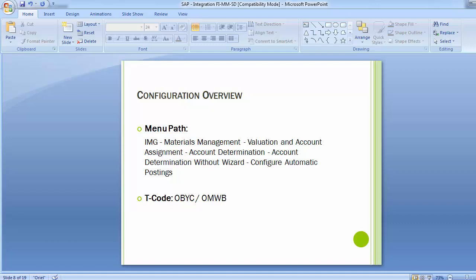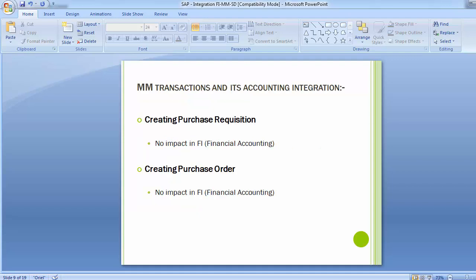Before that, let's understand what the different MM transactions are and what accounting integration entries are generated in the system. Starting with the purchase process we discussed a while back: creating the purchase requisition has no impact on FI, that is, the financial accounting part. Creating a purchase order again has no impact on financial accounting.